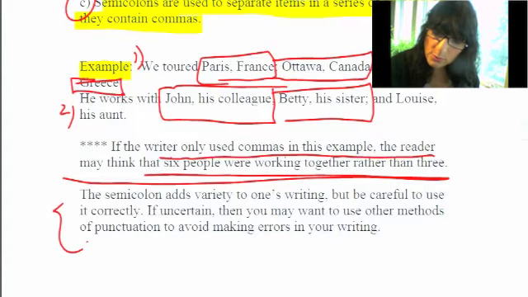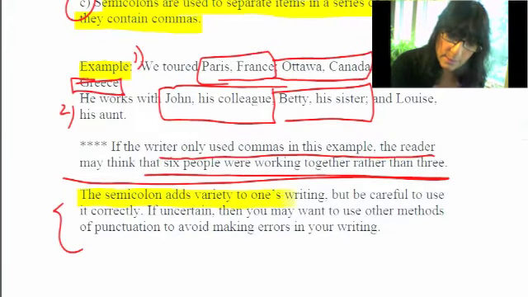So those are the 3 main uses of the semicolon. I'd like you to please keep in mind that the semicolon will add variety to your writing, but you really need to be careful that you use it correctly. If you're not certain, then you may want to use other methods of punctuation to avoid making errors in your writing. But it is a good idea to understand the rules because using the semicolon will add some depth to